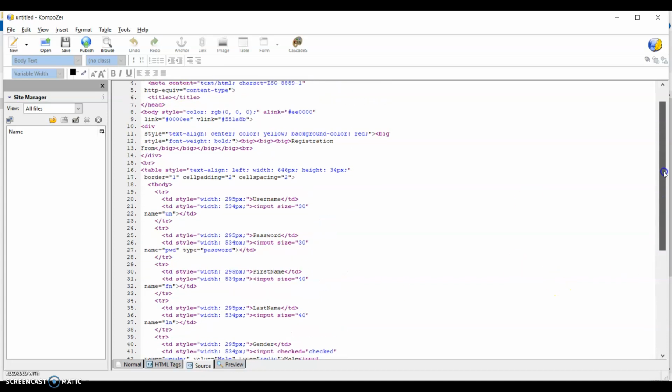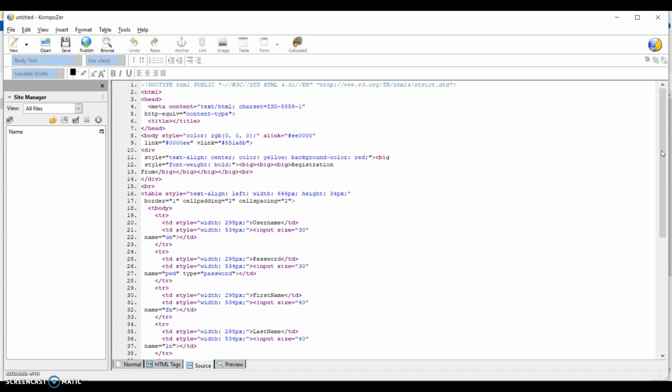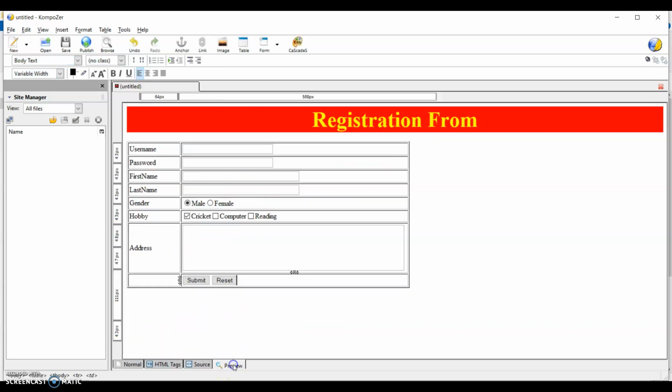Automatically, when you drag and drop the fields, in the source form it automatically gives the different values, like the HTML tag, head tag, body tag, and the table which will be created; these will be shown in this source form. And this is the preview of how it will be shown. So this is the simple form of how it will be created in Composer.